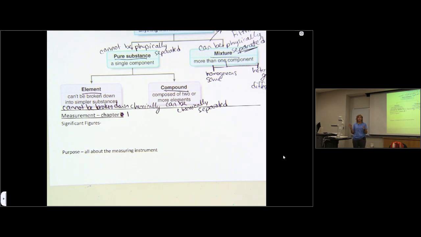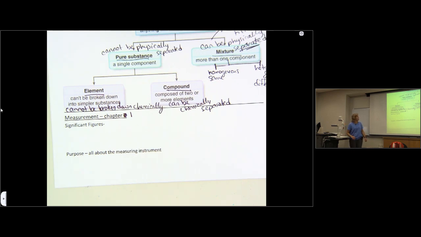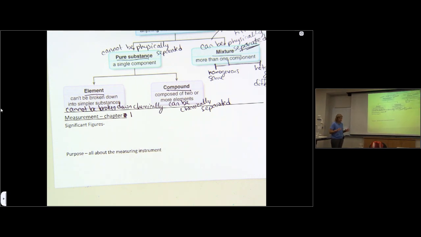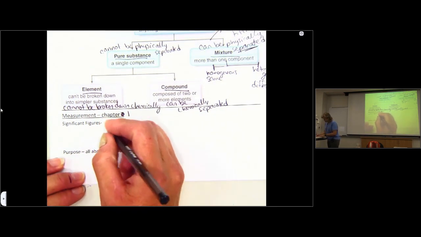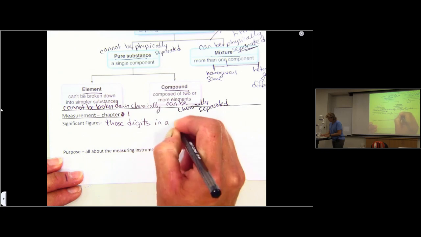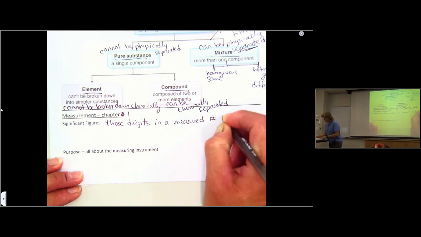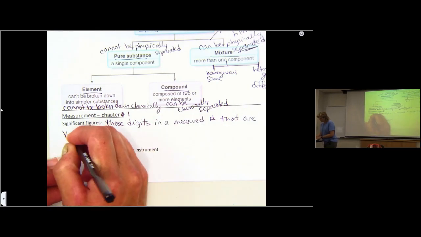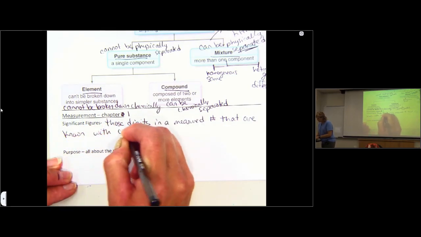Instead, what you're going to be doing is using significant figures from this point forward all the way to the end of the semester. So we're going to talk about measurement. This is probably one of the most misunderstood concepts that's ever taught and learned in chemistry, but to me, it's one of the most important things because it's something you actually will use in real life. So first, let's look at significant figures and what they are by definition. By definition, significant figures are those digits in a measured number that are known with certainty